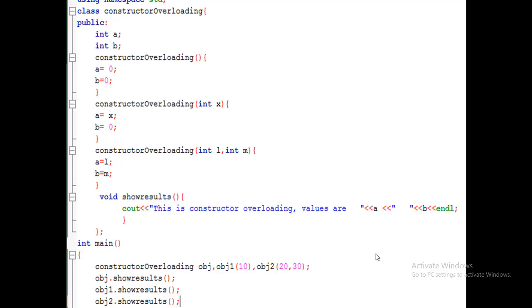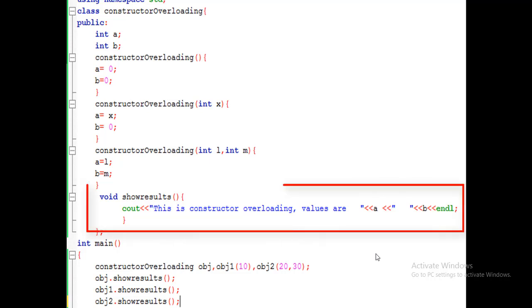Then the second constructor has only one parameter, and we initialize A with the value x and the other with 0, because it accepts only one argument. Next is the third constructor that has two parameters, and it will be called by an object which has two arguments.